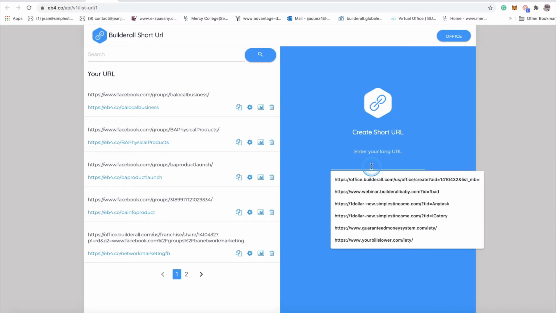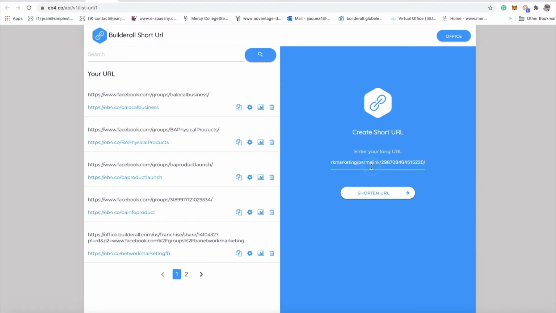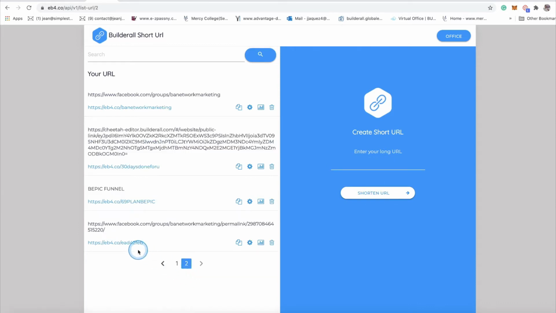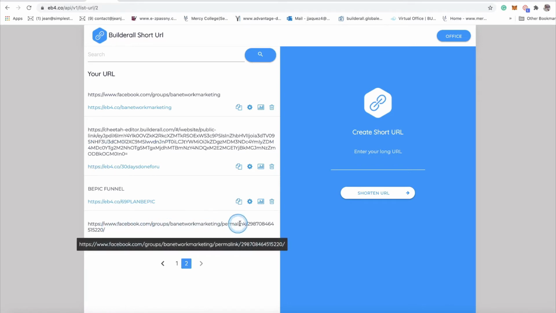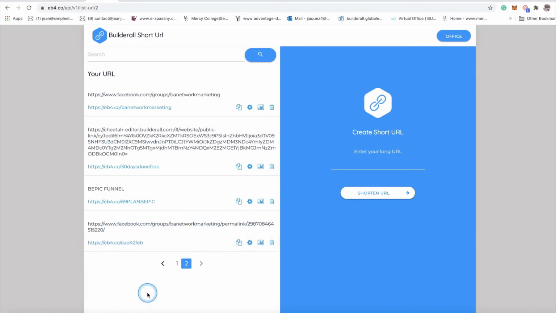So over here, for example, we're going to post a Facebook group post link. Let's paste and then click on shorten URL. Let's go to page 2 where we have it. As you can see right here, there's the latest link it created. Now what we can do is click the settings,